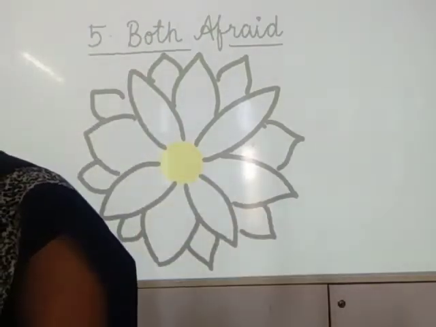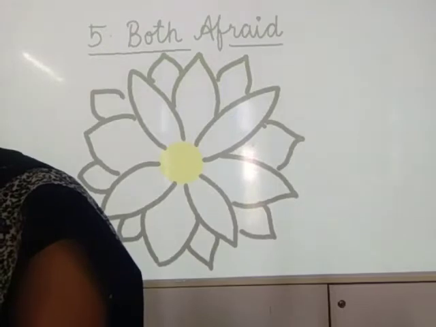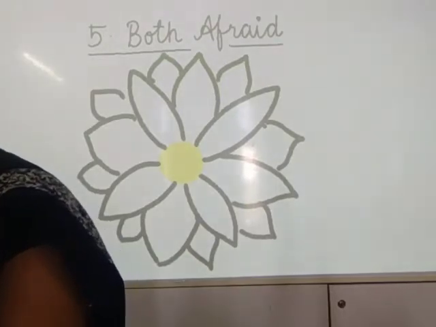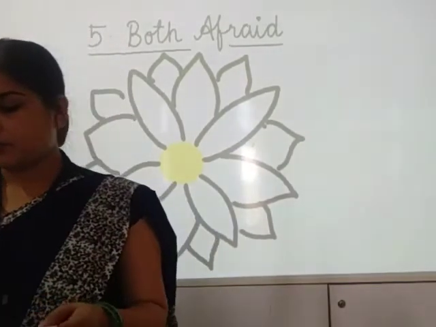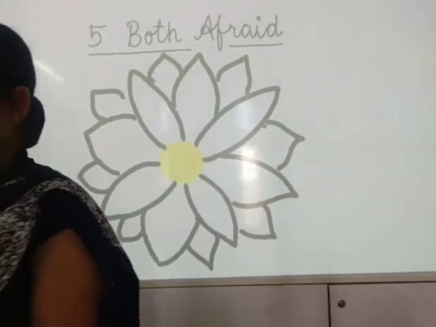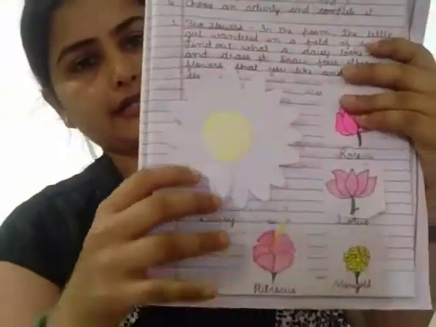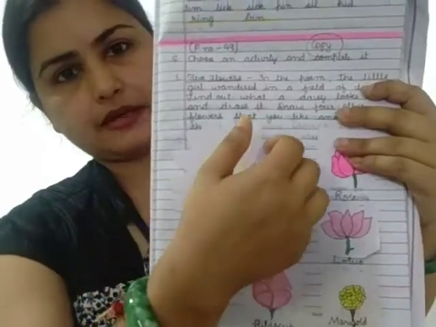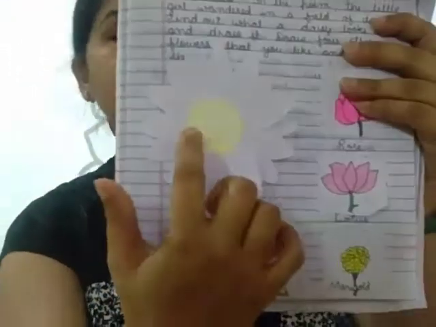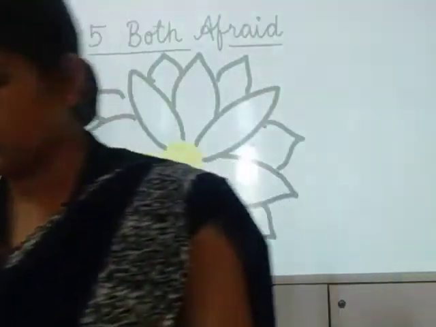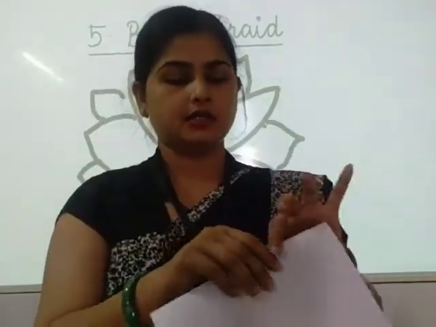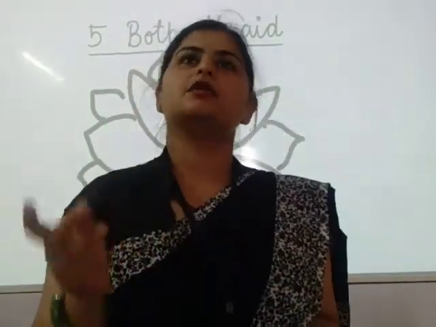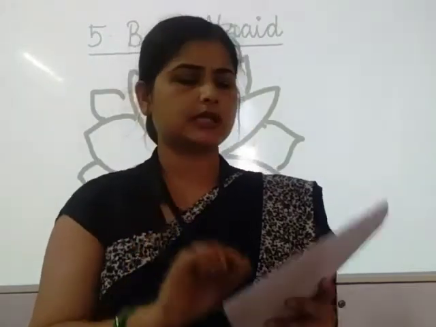We will make a daisy out of what? Out of paper. We will make daisy out of paper. Okay. For that, what do you need? See, in my notes I have pasted it. The daisy will look like this. See, the petals are there. So we are going to do the same craft work today. For that, you will need some white paper. I am making it a large one, but because you have to paste it in your notebook, you should cut small petals.